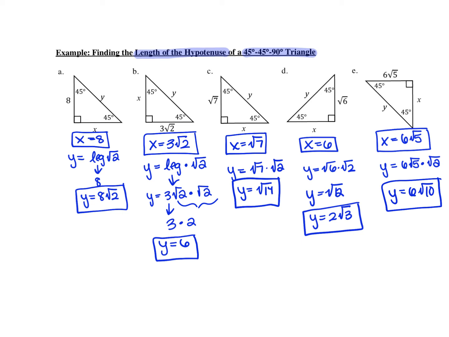Okay, so hopefully you can check your answers. Letter D, I got x equals 6, y equals 2 root 3. And for letter E, I got x equals 6 root 5, and y is equal to 6 root 10. So for each of these, we were finding the length of the hypotenuse. So you just have to remember to find the length of the hypotenuse, you're going to multiply the leg